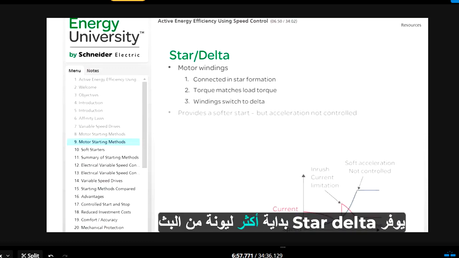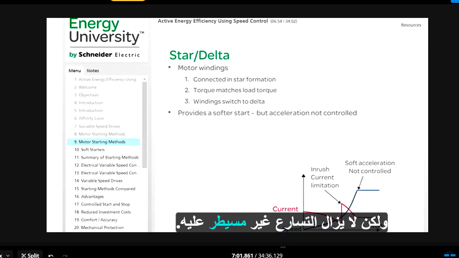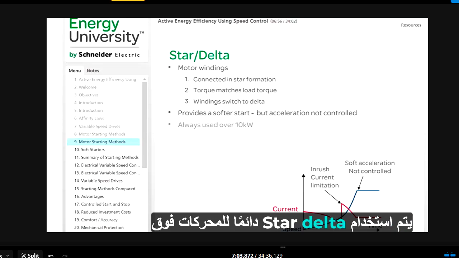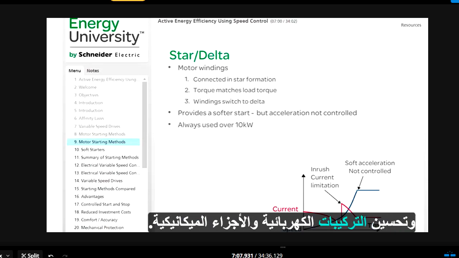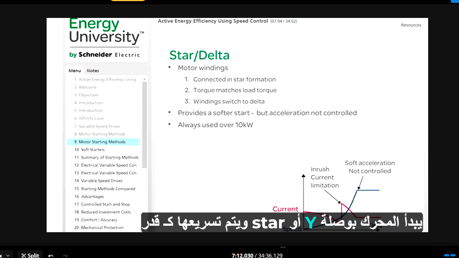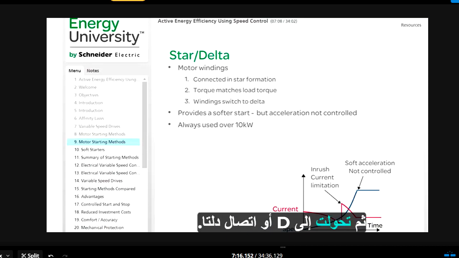Star delta provides a softer start than direct online, but acceleration is still not controlled. Star delta is always used for motors above 10 kilowatts to preserve and optimize the electrical installation and mechanical parts. The motor is started with the Y or star connection and accelerated as far as possible, then switched to D